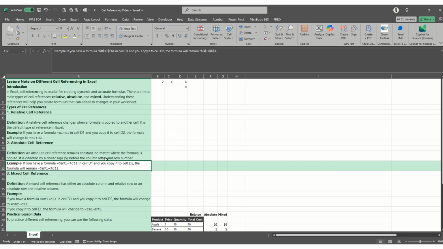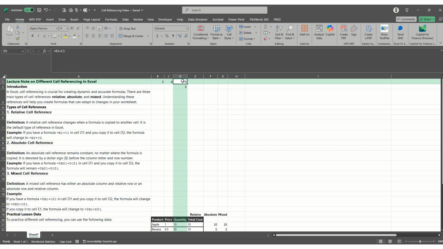So for instance, in this same example, let's change the formula in D1. We can put a dollar sign in front of the B and also in front of the 1. So it will fix it to that B1 cell, and it will not update when you copy it anywhere in the Excel book. Now, for the second one, you can also press F4